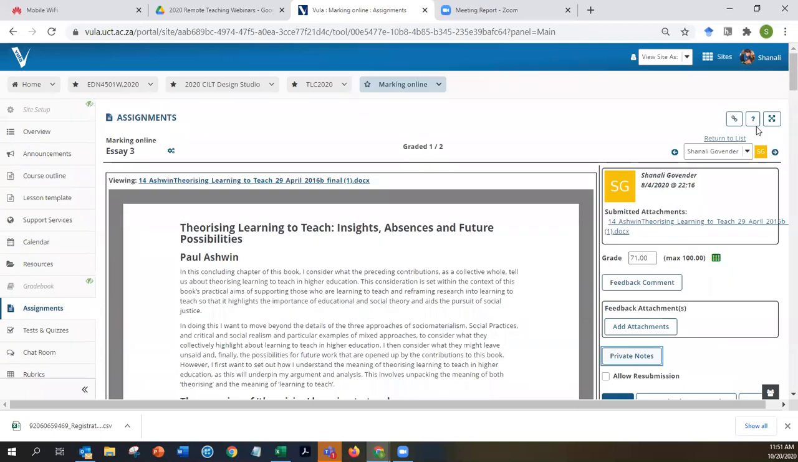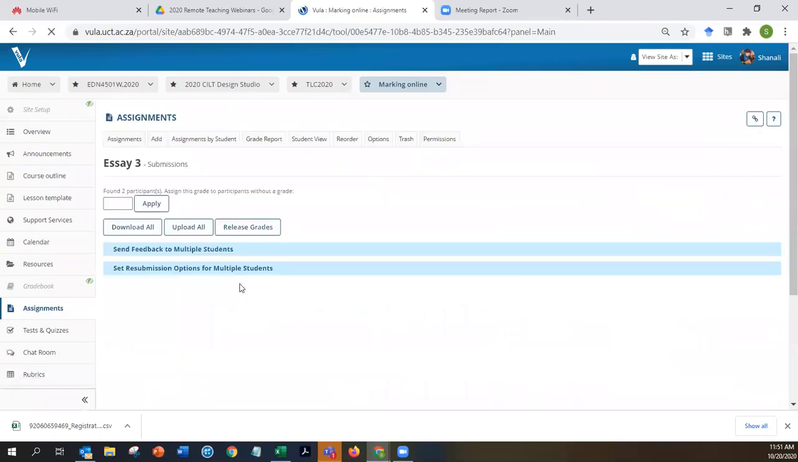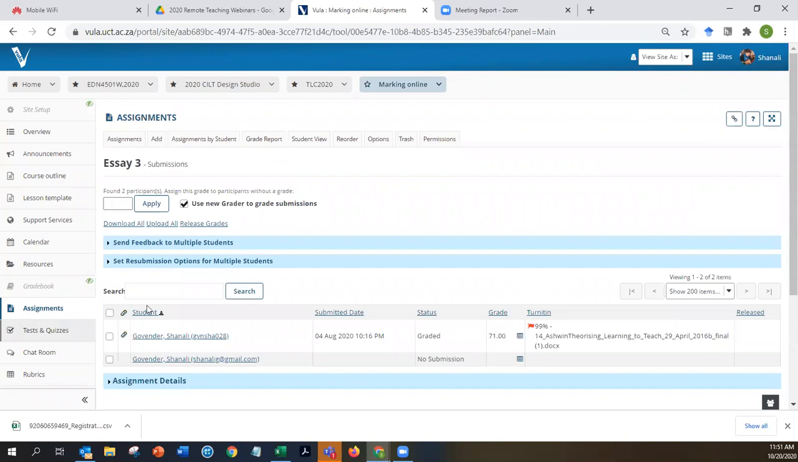Okay, so let's go back to our list because I briefly want to show you the alternative marking space. So as I said, the rubric space lives in Vula. It's fully under your control. It's zero rated for your students, which is kind of nice. The alternative space is to actually mark in Turnitin itself, which has a great deal of functionality, but also a learning curve. So you double click on the flag,